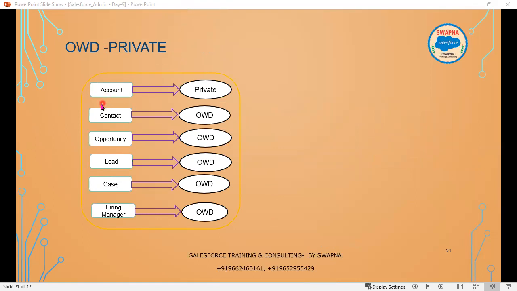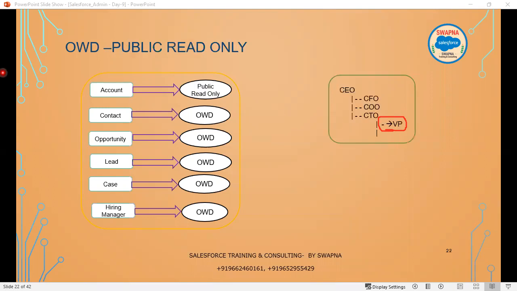So we have seen the logic with account. Whenever we place it as private, what will happen? The record will be seen only by the person who is creating the record. If it is public read only, that means whoever created the record can see it and others also can see the record. Organization wide, if I say public read, that means if the VP is creating the record,